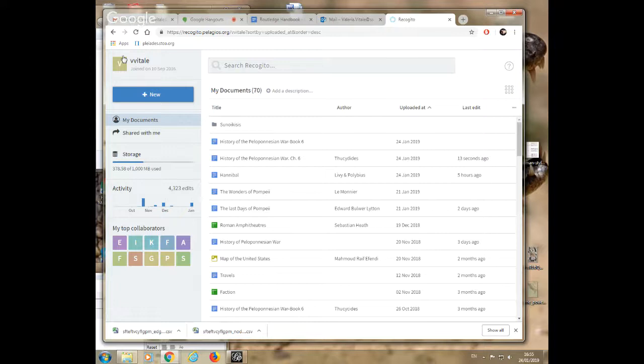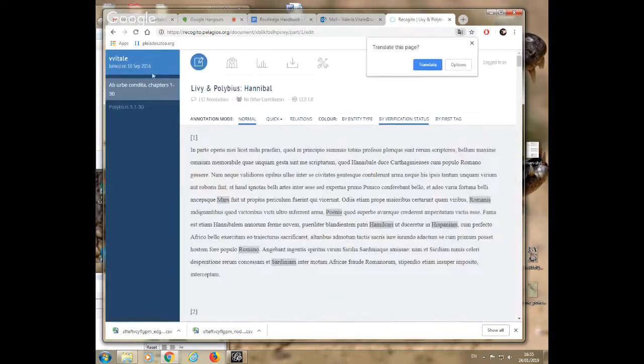So to look at the composite document, if you just drop more than one document together at the same time, they will become one single document. Let's say if you upload a number of files together, they will become a single document, which is what I did, creating this Annibal meta document, uploading at the same time Livy and Pelagios' account of the